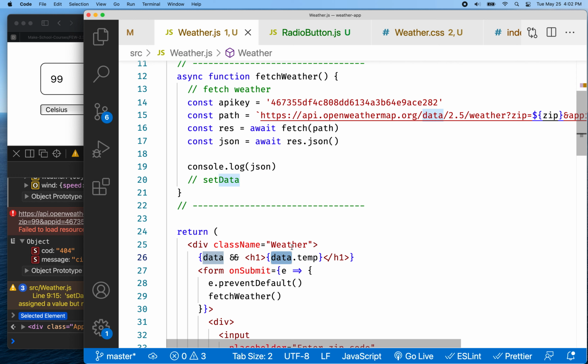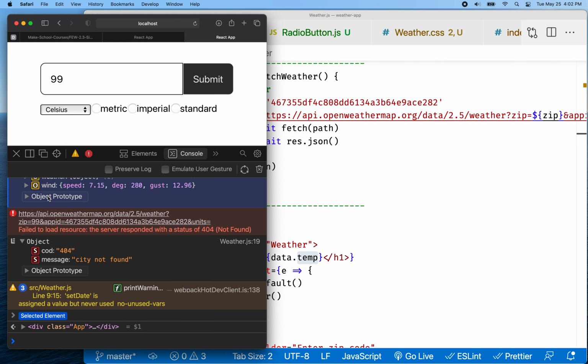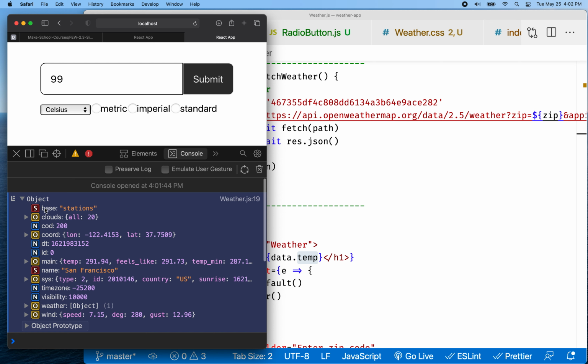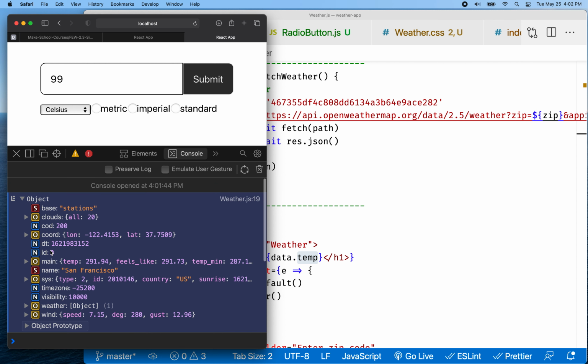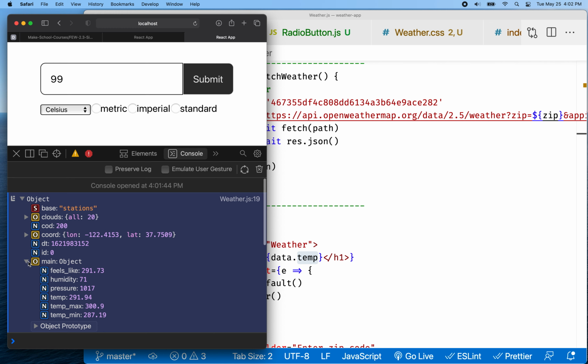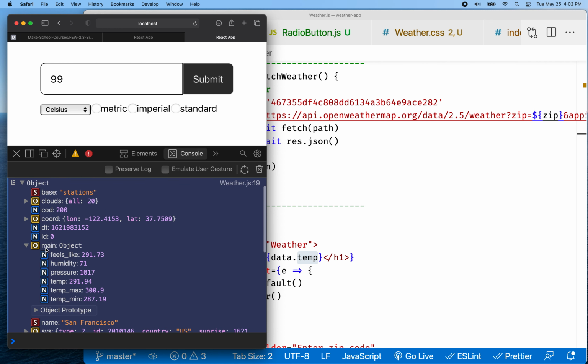So right now it looks like it wants temperature or data.temp to get the temperature. If I look at the object here, there is no temp property on here, right? It's kind of buried inside here. So if you go to main, you can do object.main.temp to get the temperature. Actually, I'm getting the wrong unit too. It looks like standard. Let's switch this and see if that's working. I'm going to switch this to Fahrenheit and then do